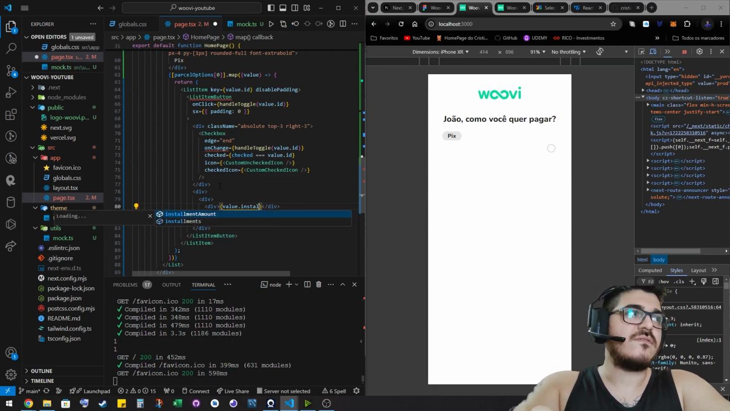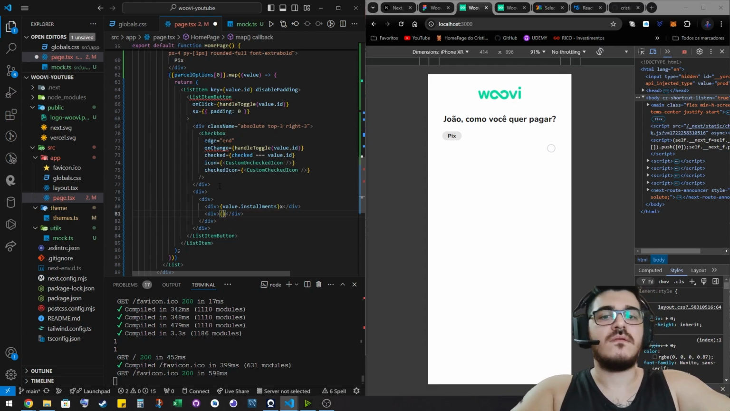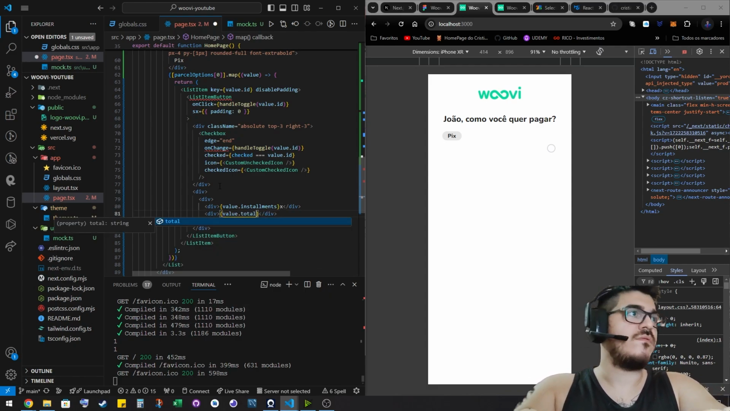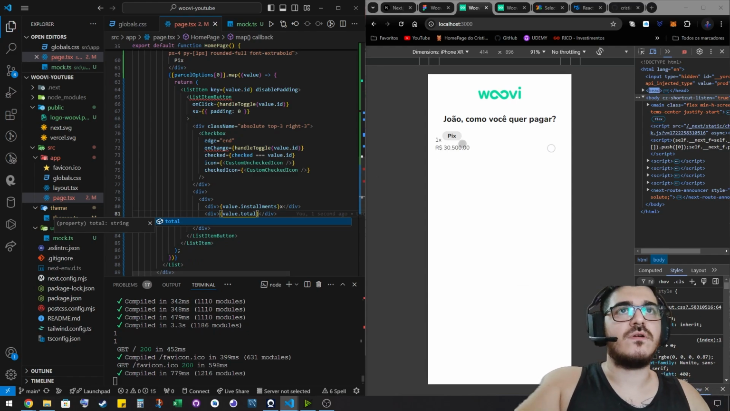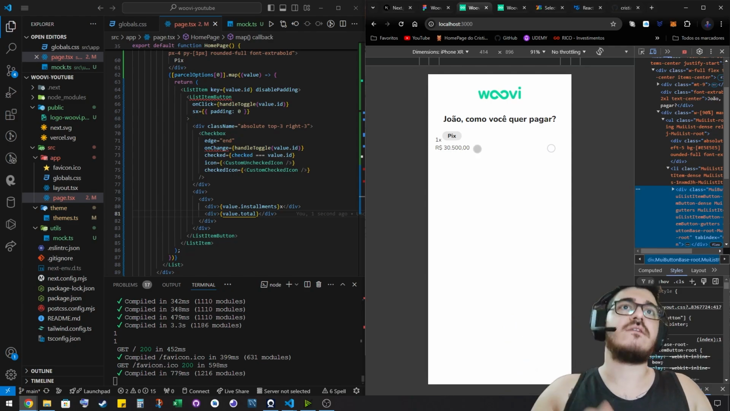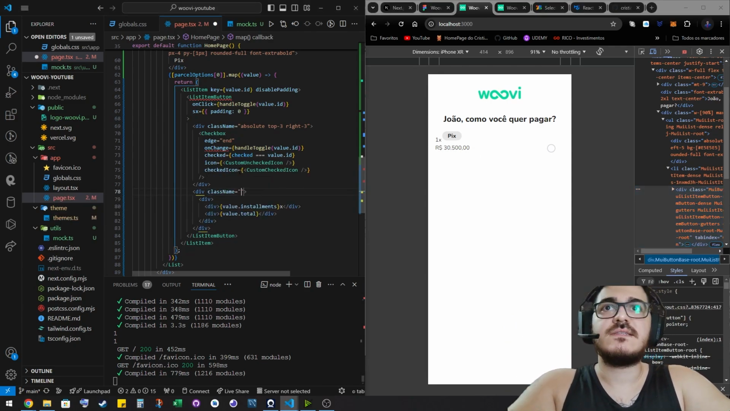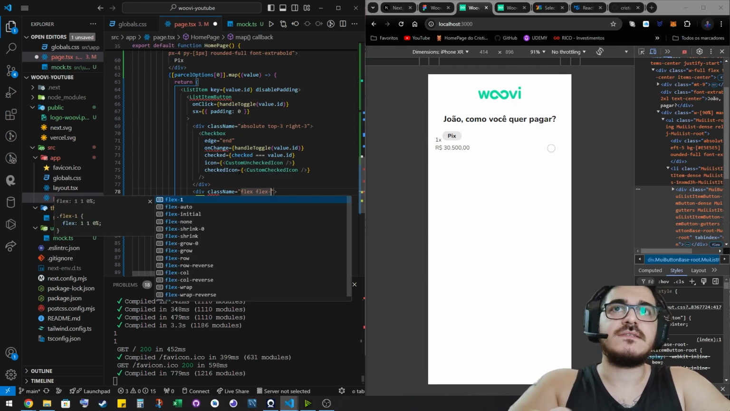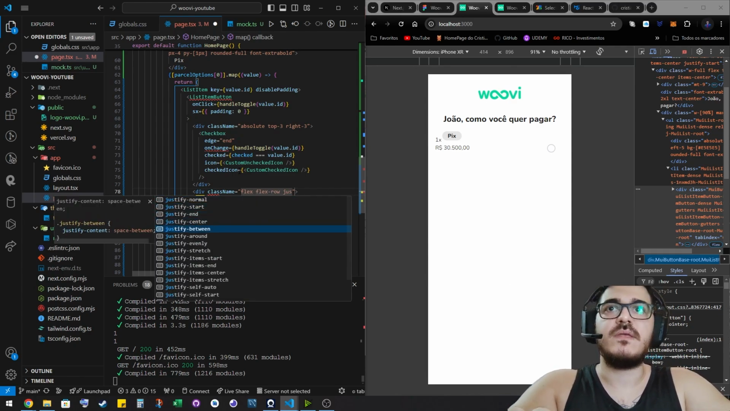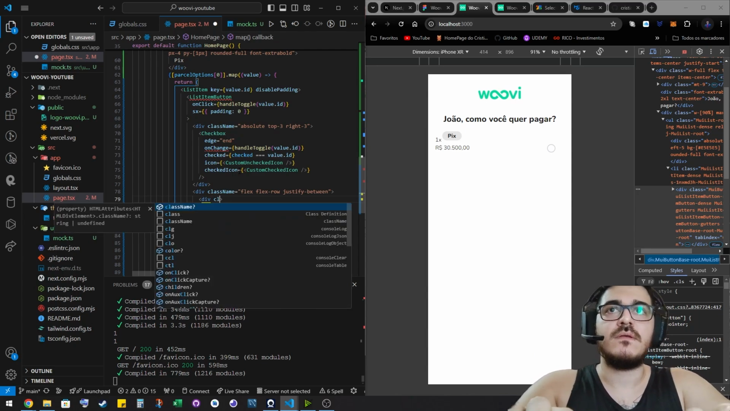Installments. There we go, and put X here, and just below it, the total value. Let me see if it's going to work. There we go. As you guys can see, there's our div. Now we have to do some things like flex row and justify between to keep them apart, and then here